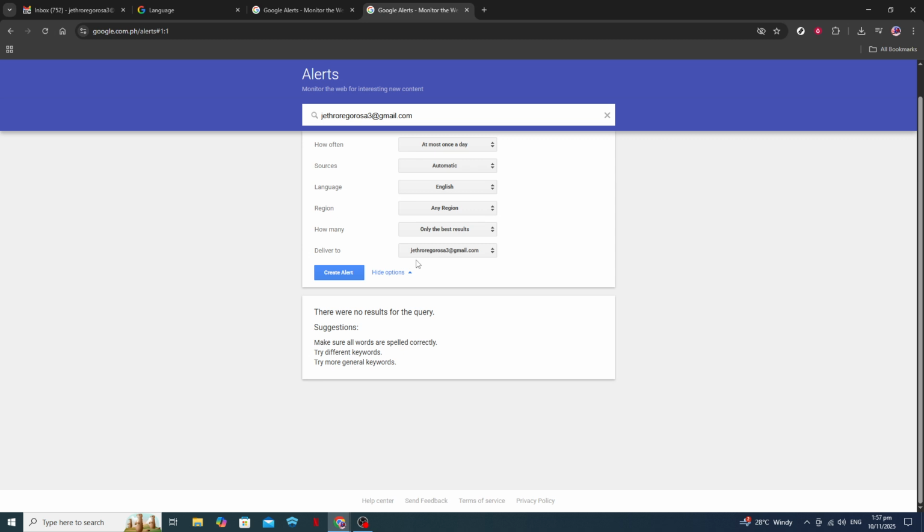Next, you have the opportunity to select the sources for your alerts. These might include news sites, blogs, or even discussions. Alternatively, you can leave it set to automatic for a broad sweep of all possible sources. Additionally, choose the language, region, and whether you want only